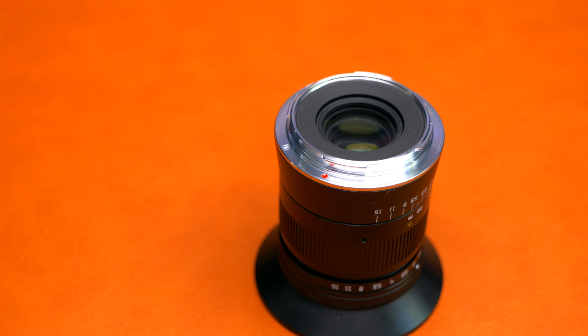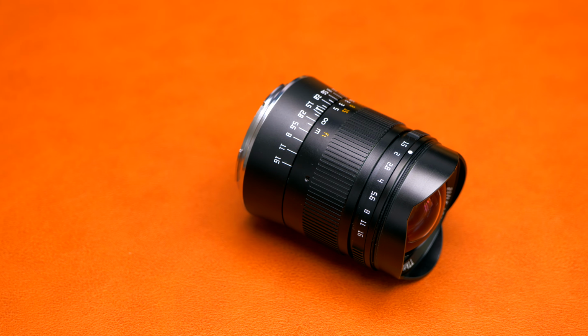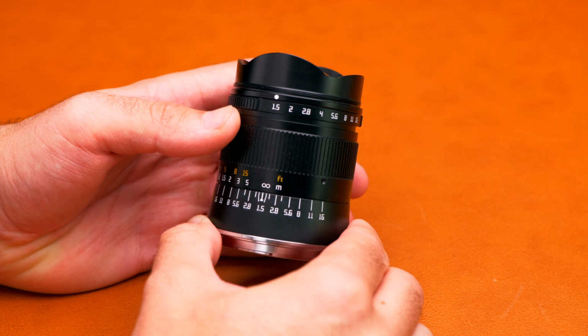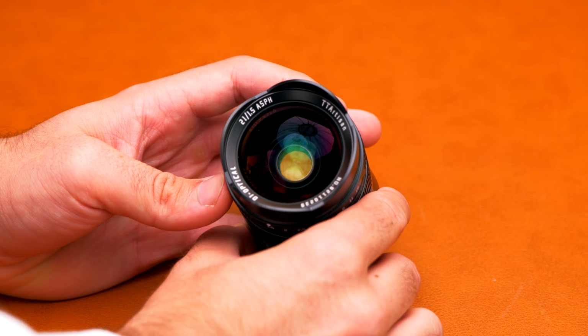It's a manual focus only lens, so it may not be suitable for you autofocus lovers. However, it is very small and probably the smallest lens that I've seen so far for the L mount system. But despite its size, it's built extremely well. It's got an all metal construction with no plastic whatsoever, so it feels really nice and weighted in the hands,